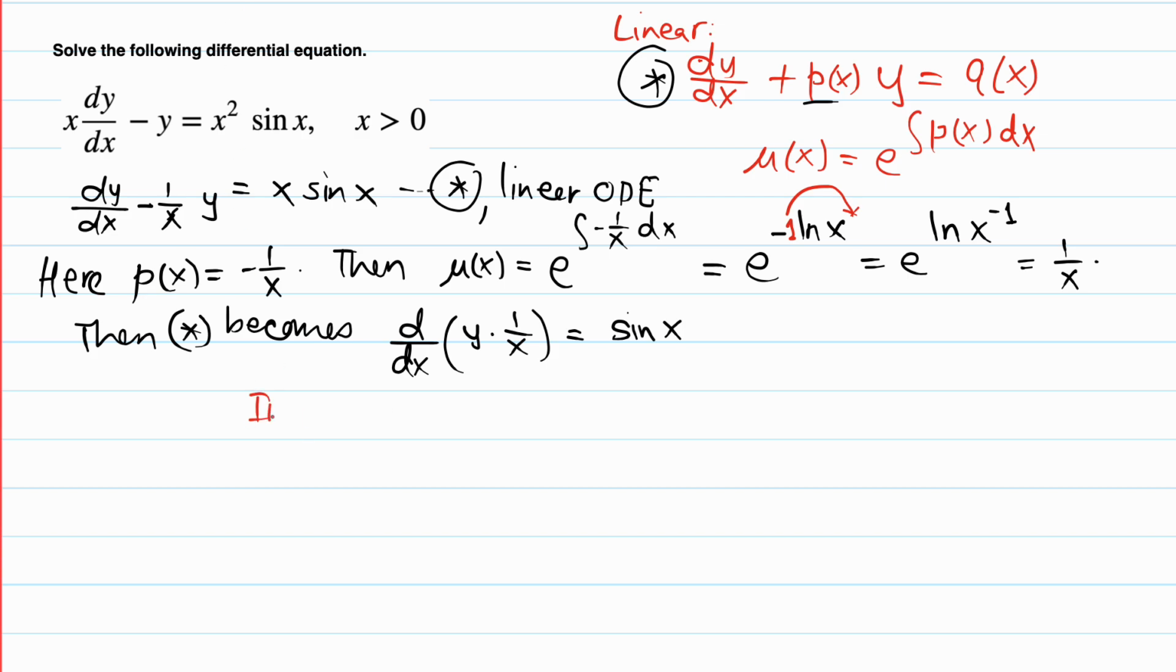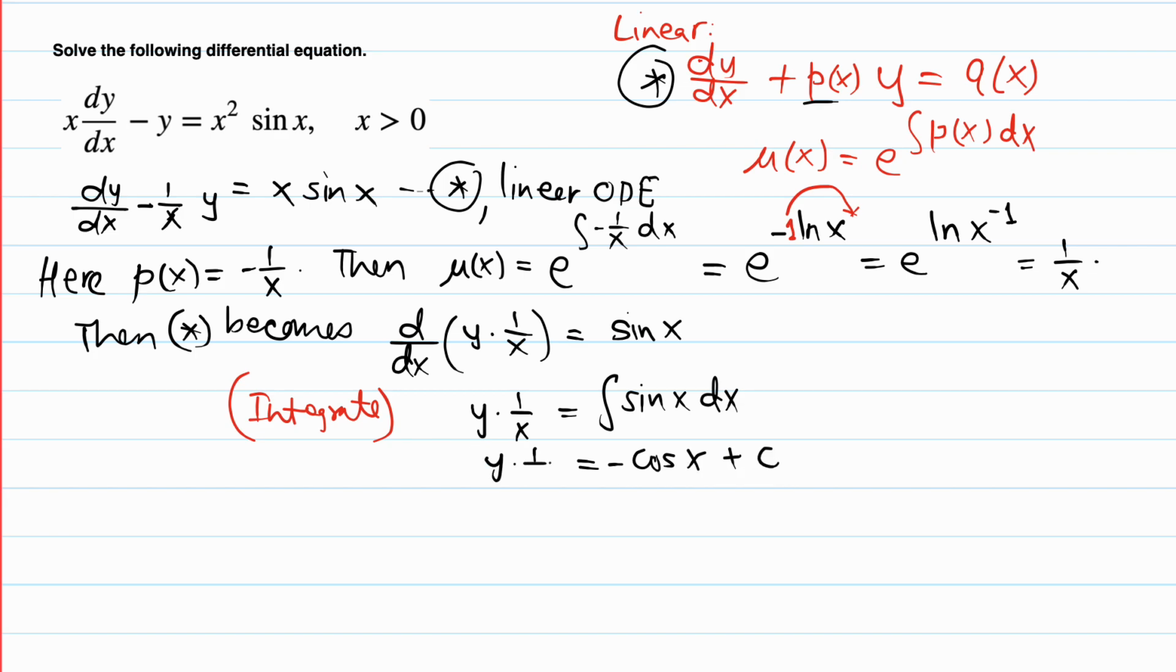Just integrate with respect to x, then we got y times 1 over x. So this is essentially y over x, equals the integral of sine x, that's negative cosine x plus c. Now we need to isolate y for the final answer. So we multiply through by x to get rid of 1 over x, which is the same as dividing both sides by the integrating factor. So it's gone. So y equals,